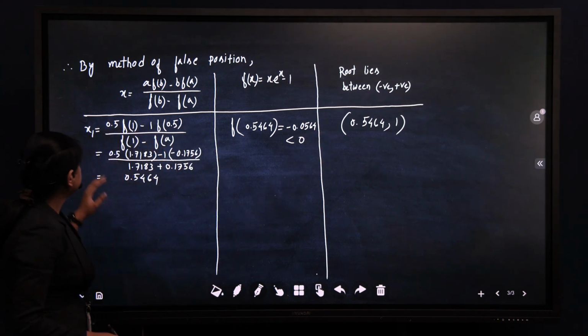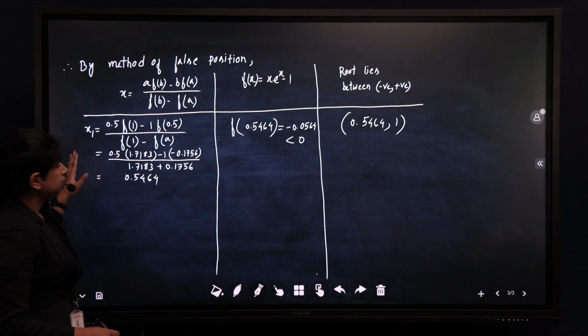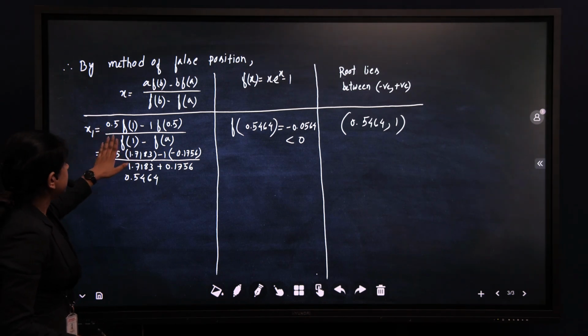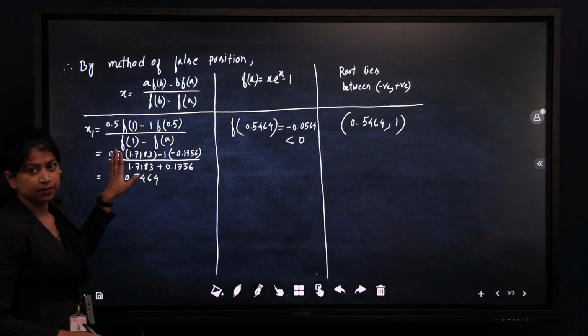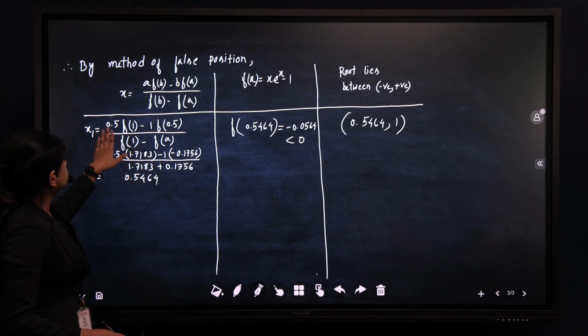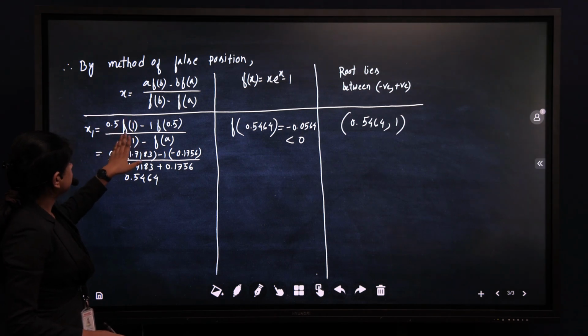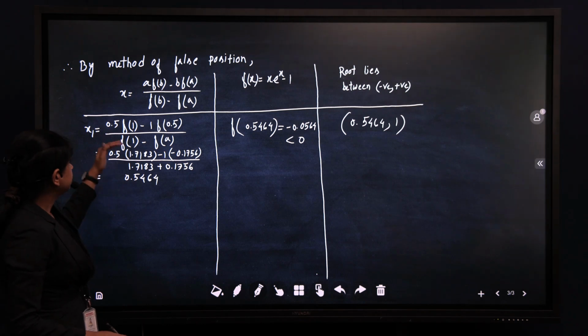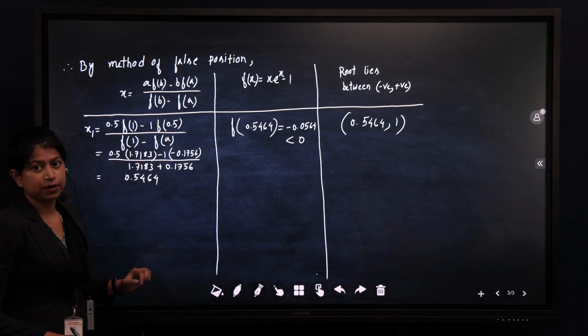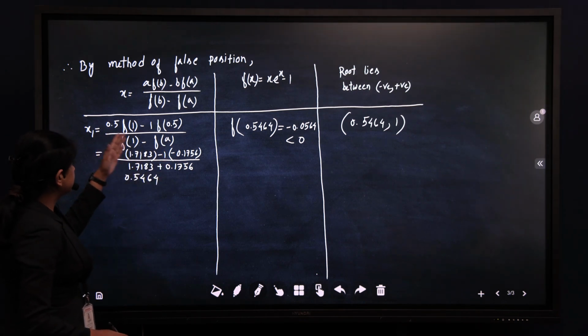So for the first approximation, we have a as 0.5 and b as 1. So 0.5 into f of 1 minus 1 into f of 0.5 divided by f of 1 minus f of a. So we are getting